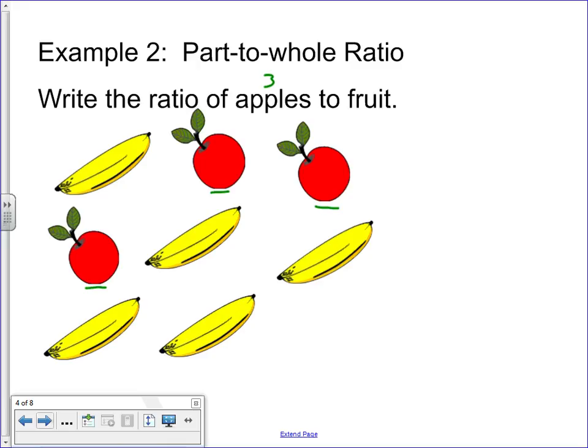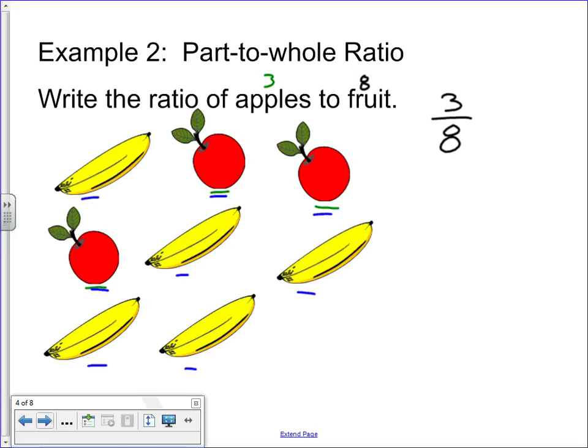So we'd have to take a total. We already know there's 3 apples. So how many pieces of fruit are there? 1, 2, 3, 4, 5, 6, 7, 8. So there's actually 8 pieces of fruit. So to write this as a fraction, we would make it as 3 over 8 as a fraction,